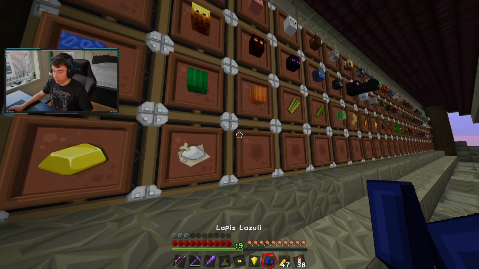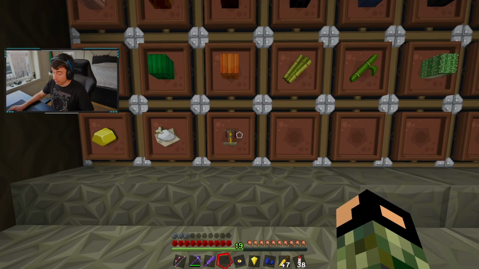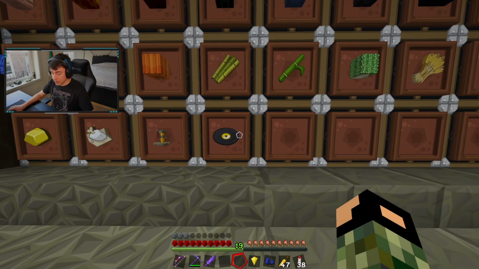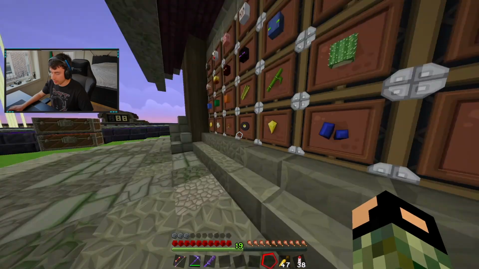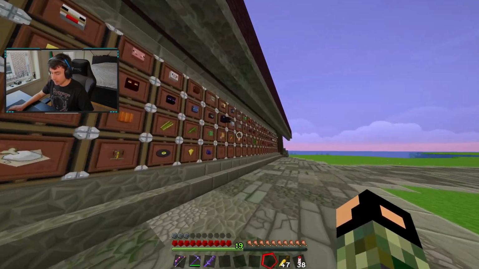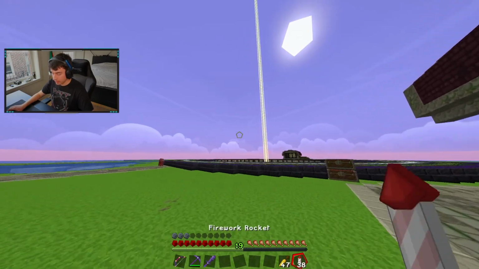Then we have the weirder ones. So we have the brewer. This is just an automatic brewer that I'm going to make pretty soon actually. We have the music disc farm, we have the bartering farm, and then we have the gifting farm, which I'm just going to put lapis there for the sake of simplicity. Now, we're actually not done yet, because now we actually need to go and grab...